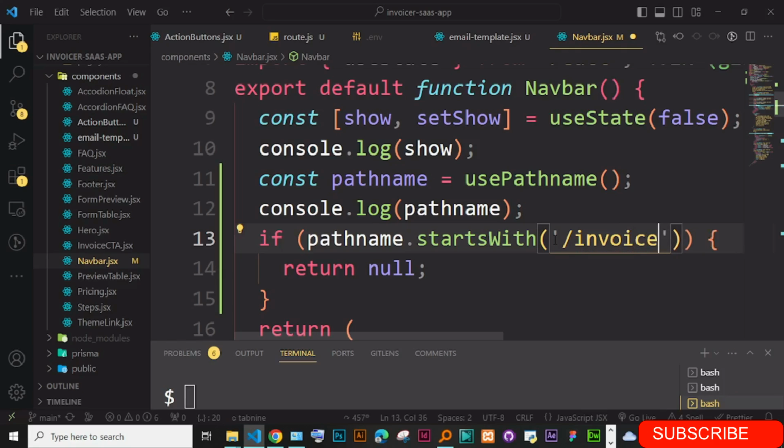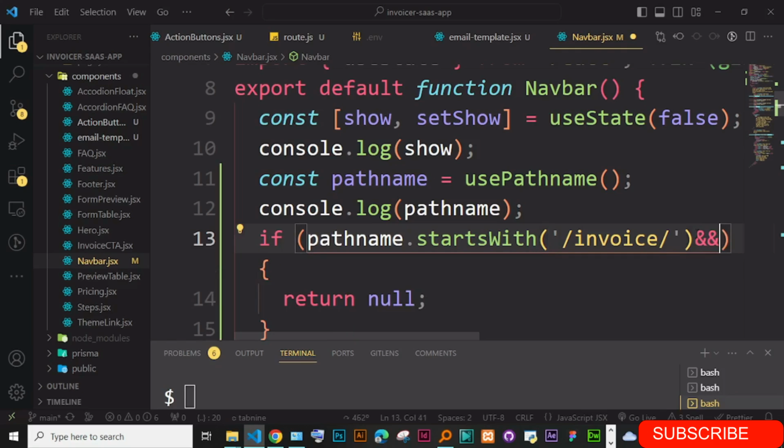And so if this starts with this, okay, we can put another statement and do we put it there? Path name that starts with